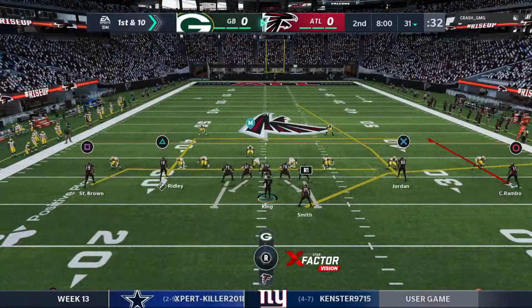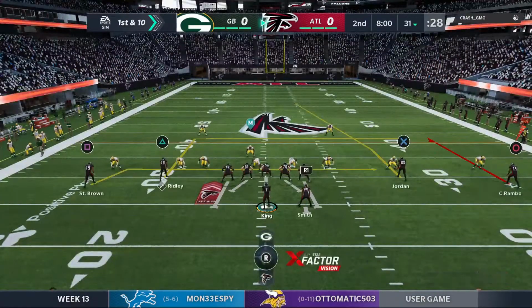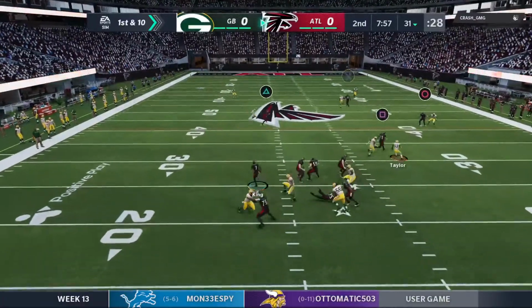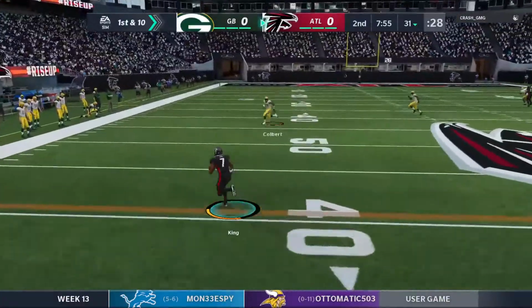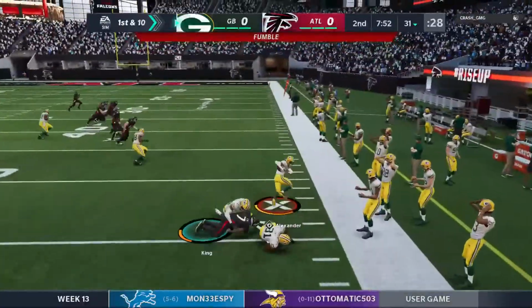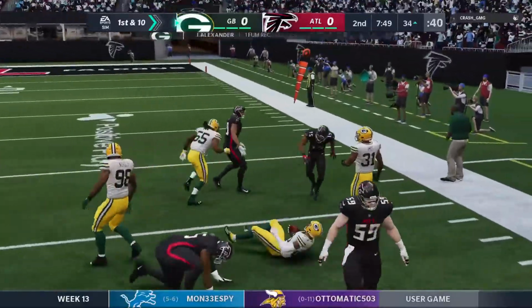Line of scrimmage, the 31 now on 1st and 10. From the shotgun, he'll look to throw. Buying time to his left. Now he'll pull it down. And now look at this. Big gain, but a fumble. And the Packers pick it up. And he'll get it all the way down